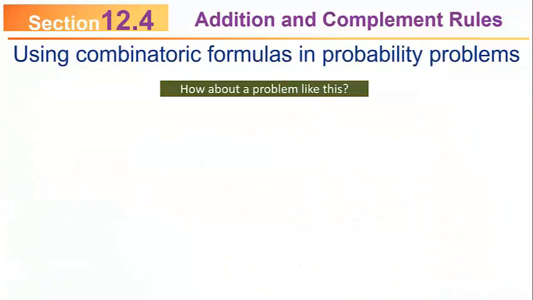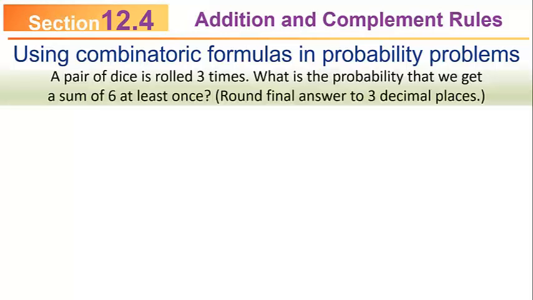Now how about a problem like this? I'm trying to give you variations of problems that on the surface sound very similar, but may have a different technique of solving them because other techniques that you've been using don't apply. How about this? A pair of dice is rolled 3 times. What is the probability we get a sum of 6 at least once? And this time, they're not asking for a percent answer, but they do want the final decimal rounded to 3